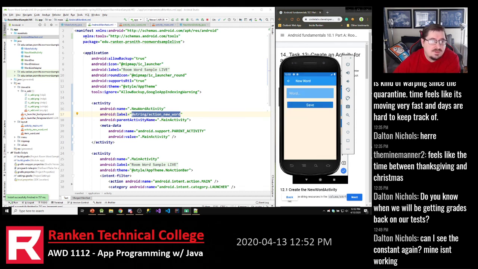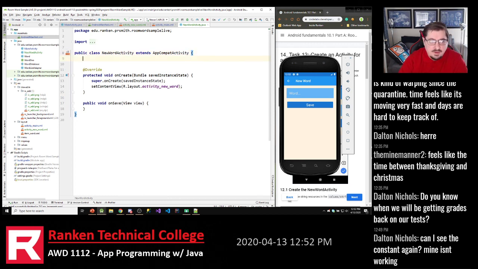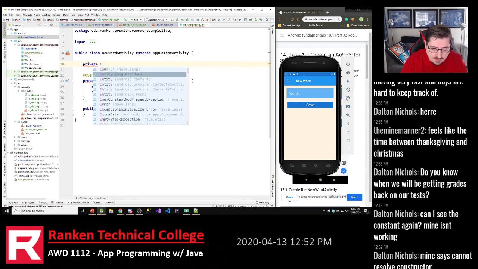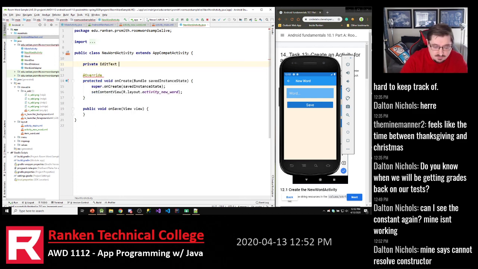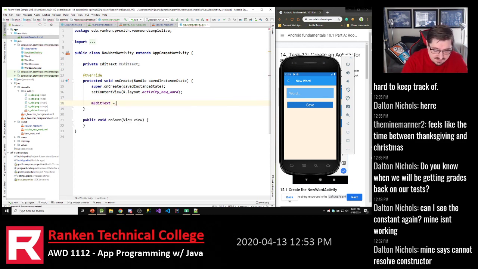Okay. Now we can start actually implementing the logic that goes into that new word activity. So in that new word activity, first of all, I know that I'm going to need the edit text that's there that contains the word. So private edit text. Create a member variable to store that control. Okay. And then in here, I want to get that. So mEditText is equal to